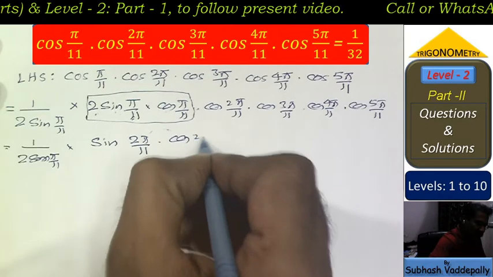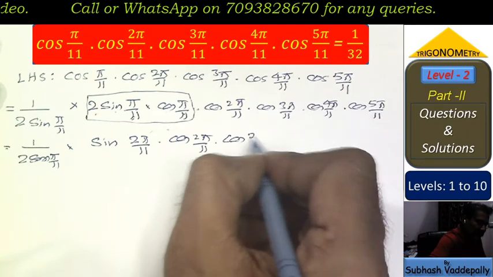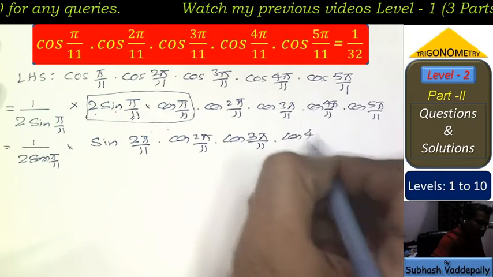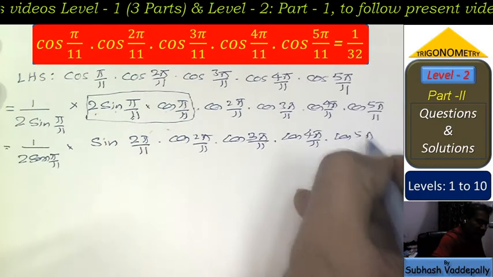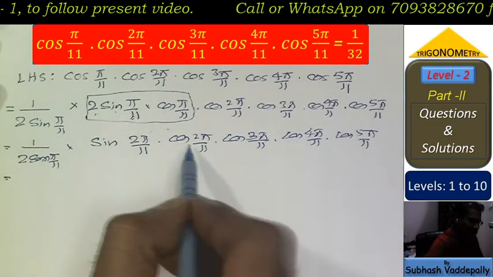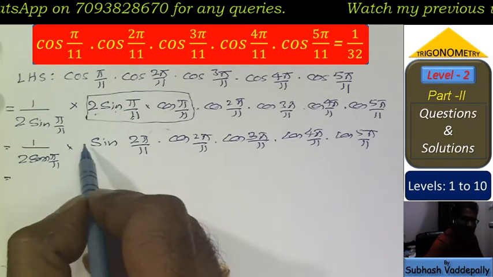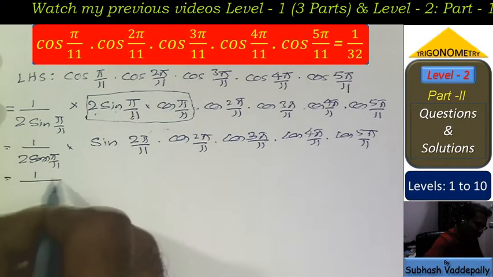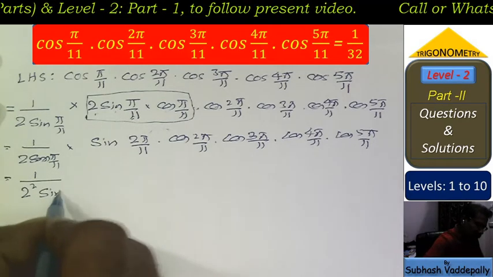It is cos 2 pi by 11 into cos 3 pi by 11, cos 4 pi by 11 and cos 5 pi by 11. I am not changing anything in the remaining part. Again, if you look at this, it is going to be the same formula, but here 2 is less. That's why again I multiply and divide by 2. Already here 1 by 2 is there. If I multiply and divide by 2, this will become 2 square and sine pi by 11 as it is,